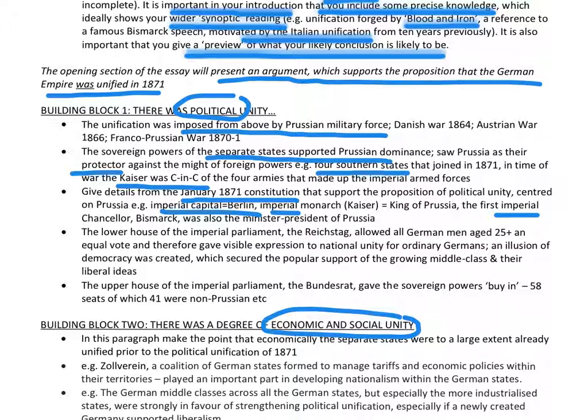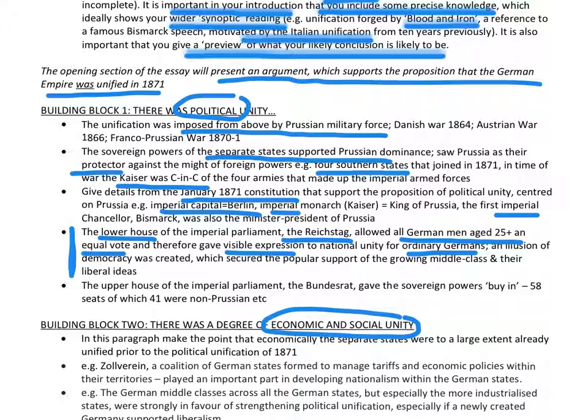I think the most important, though, if you're pushed for time, the one you really want to get across here about political unity is that the Reichstag was created. Because the Reichstag, the lower house of the new imperial parliament, for the first time ever, gave all German men aged 25 and above an equal vote. There is now, for the first time, a proper parliament for all ordinary Germans. Now, we know that was an illusion of democracy, but nevertheless it created a visible sense of